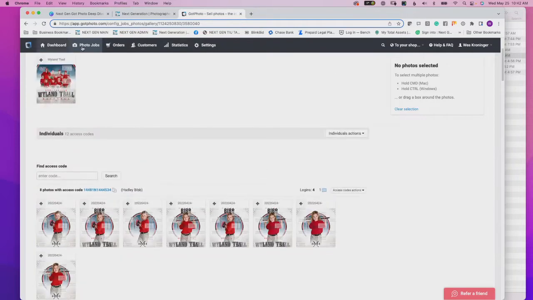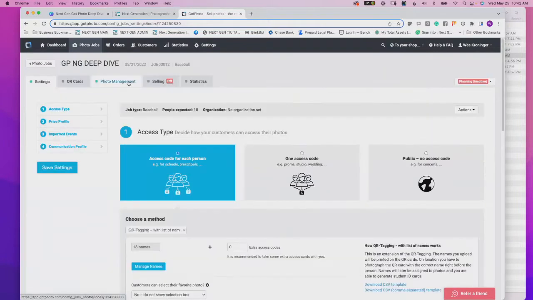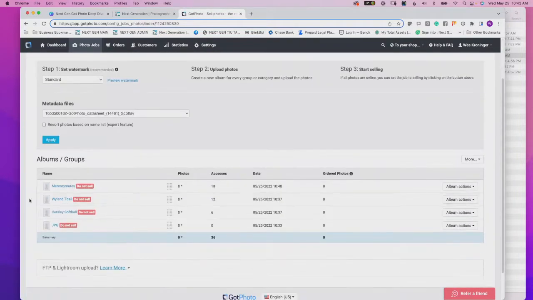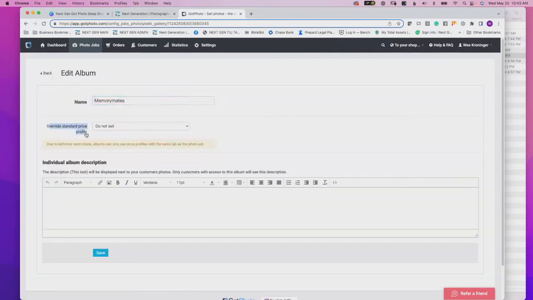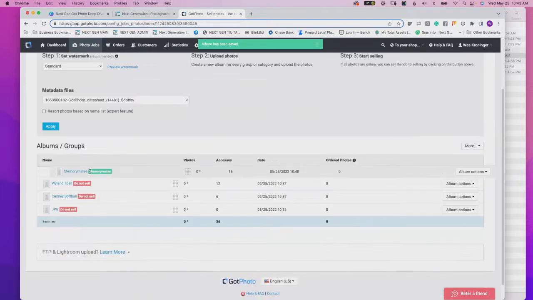Basically what we can do is go into our job, go into our photo management, and see our different folders, and we can assign the different price profiles. So let's say we have our memory mates. I want to assign the price profile of my memory mates. Now I hit save, and you can see that it's going to sell based on that memory mate's